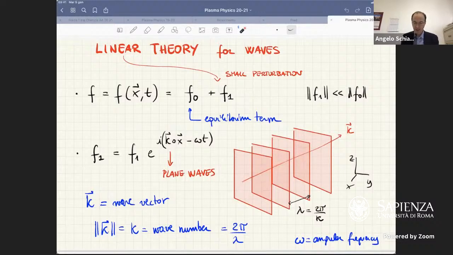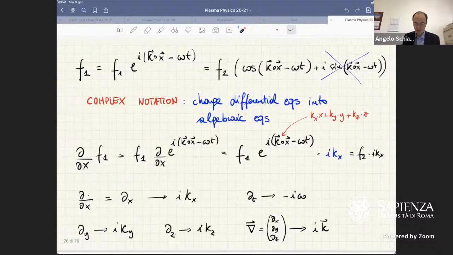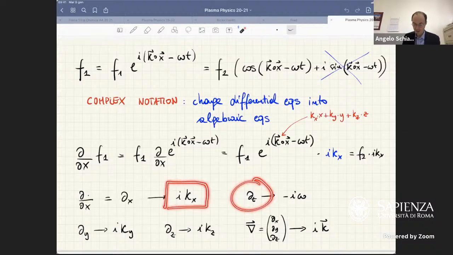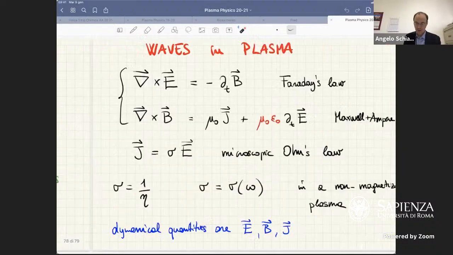Okay, switching to complex notation, we can rewrite differential operators in space and in time as multiplications by ik for the space derivatives and i omega for the time derivatives. Okay, then we introduced